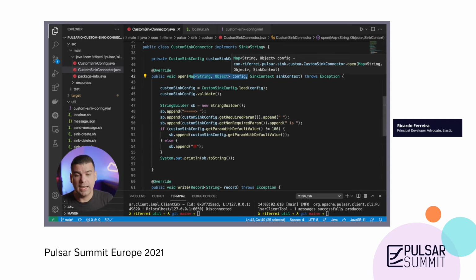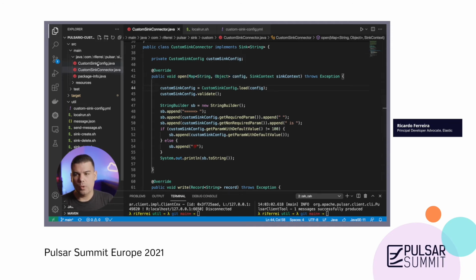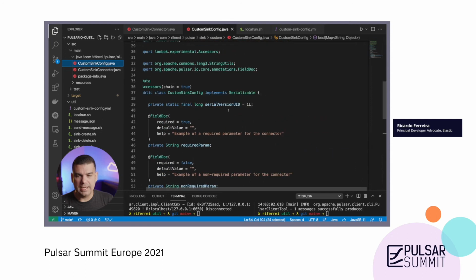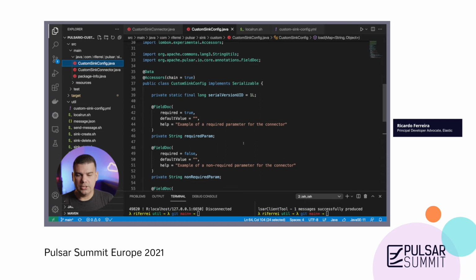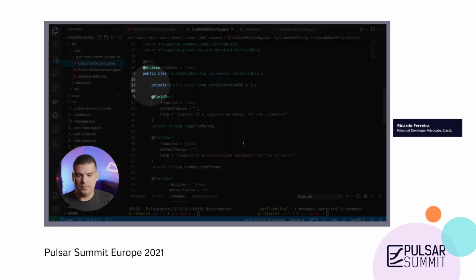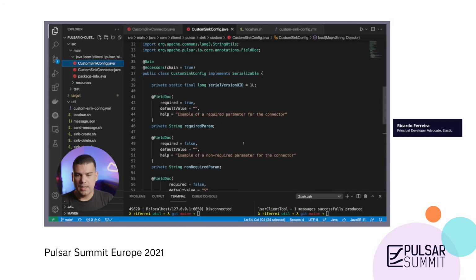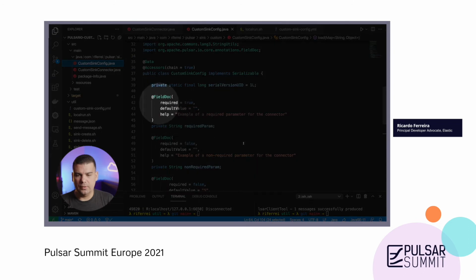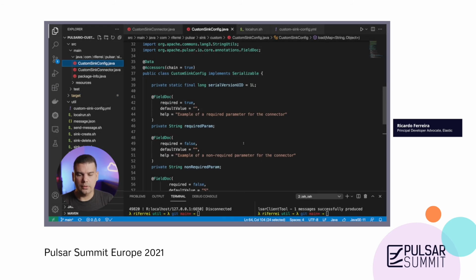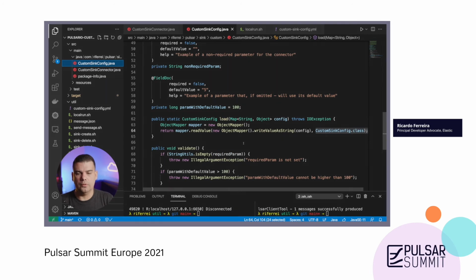It's not very complicated. However, if you want to follow some development best practices, what you can do is create a Java class, a serializable one, that represents your parameters, and you're going to have all your parameters as attributes of your Java class. And you can annotate those attributes with this @FieldDoc annotation. So you can specify things like, this is required, this is non-required, or if there is some default value for the parameter in case the user doesn't specify them.